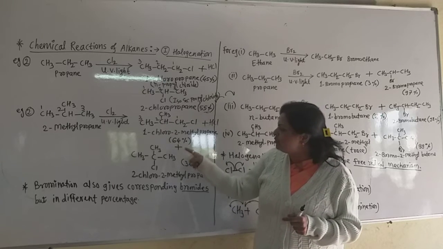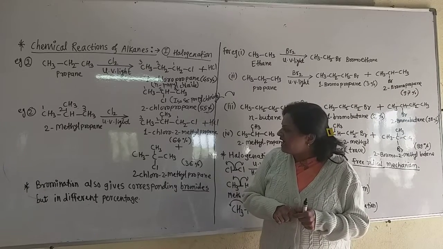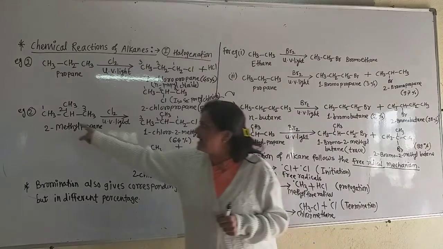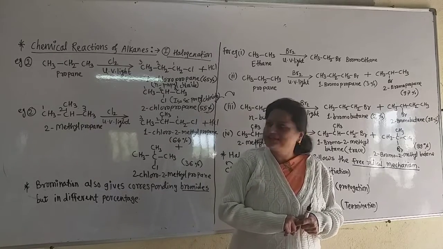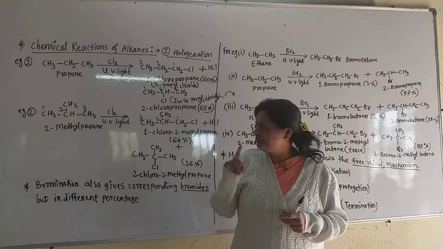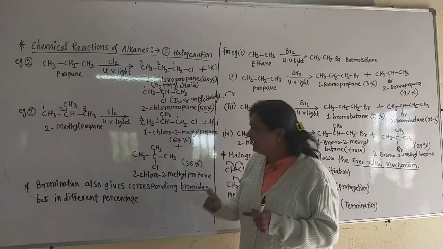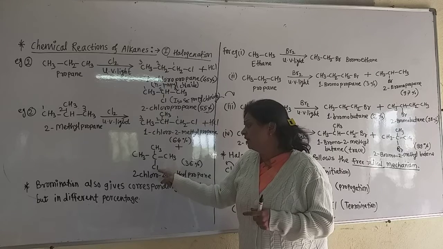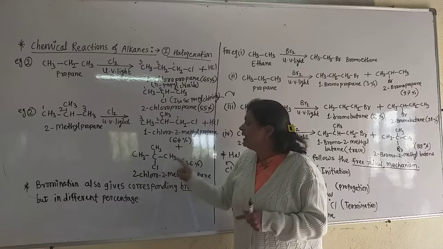Now this is also formed here, that is 64%. And another, this hydrogen is still there, this is a slightly different hydrogen. It is attached only to the middle carbon atom. So if I replace this hydrogen, then chlorine is again there in the place of the hydrogen, and on numbering this,